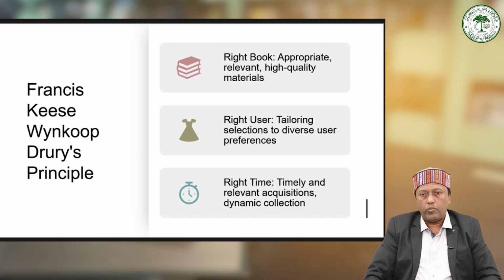And the third most important component is the right time. Timing is also crucial in book selection. The right time could refer to the selection of materials that are timely and relevant to current events, trends, or seasons. It could also mean offering materials that align with users' developmental stages, academic schedules, or personal interests. Librarians aim to anticipate and respond to users' needs in a timely manner, ensuring that the collection remains dynamic and